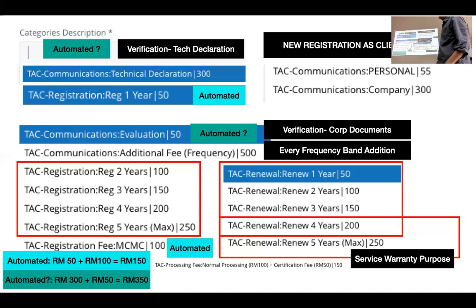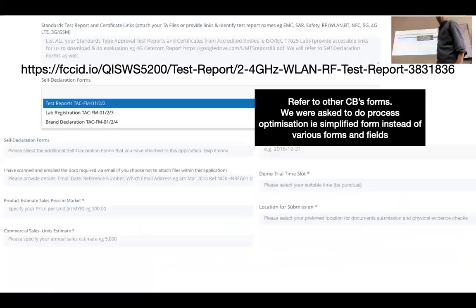Okay, the product sometimes is not in the market anymore, because by the time they renew, kan, 1 year plus 4 years, from 5 years. So it's not considered already, right? But they apply under service warranty because they still need to service. Yang penghujung punya produk tu lah. So we allow them. Okay?